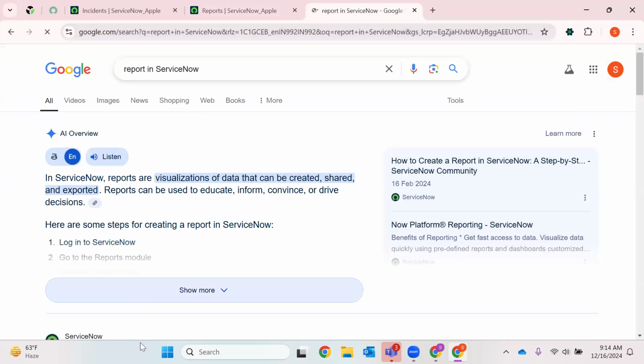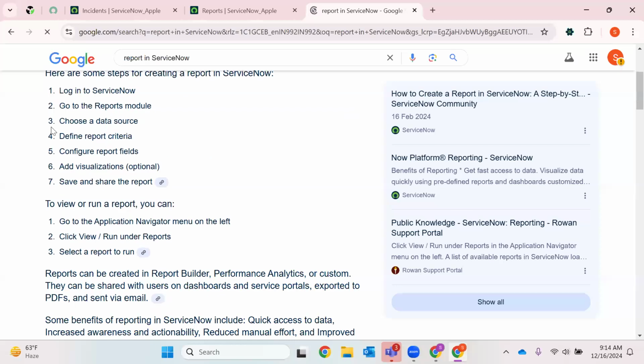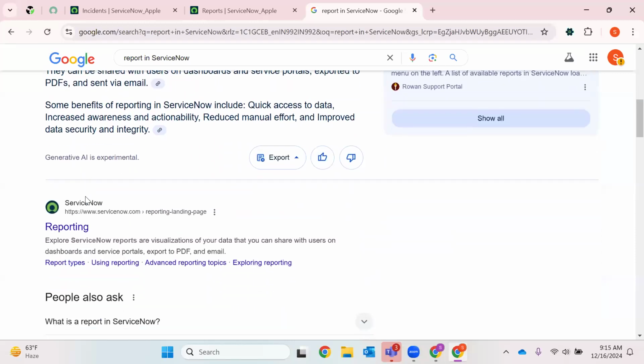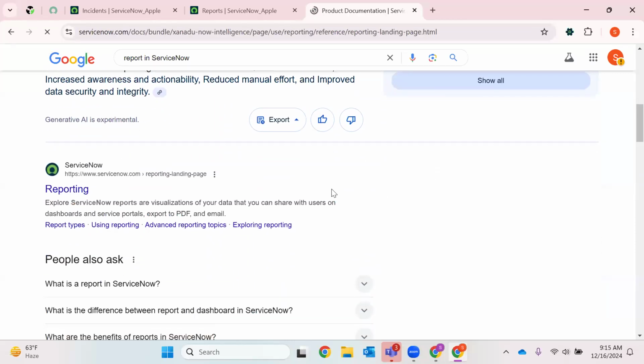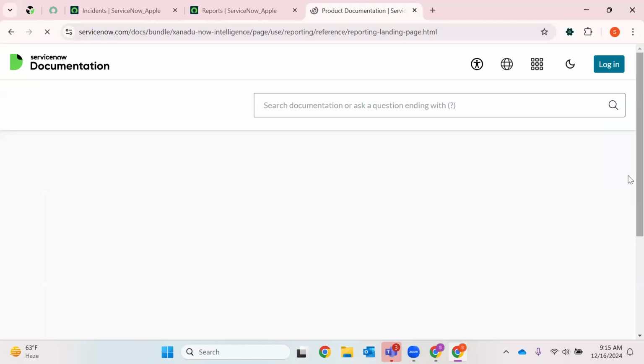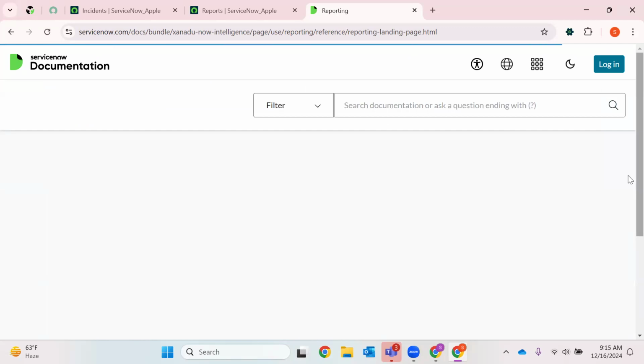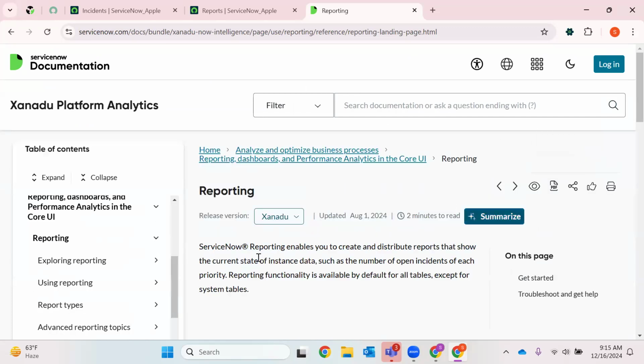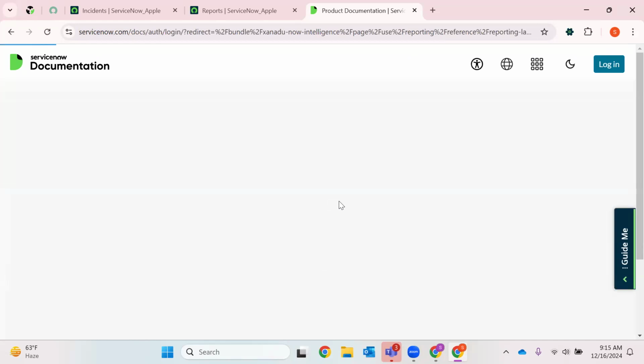Reports are visualizations of the data that can be created, shared, and exported. Reports can be used to educate, inform, convince, and drive decisions. You choose a data source and define a report category. So from a data source also we can generate a report. But what is the major advantage of it? Scheduling. Scheduling is considered a very good practice in ServiceNow, and I'll help you out with that process. Reports enable you to create and distribute reports that show the current